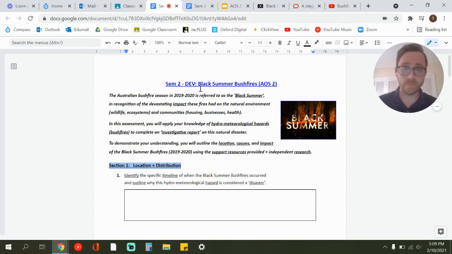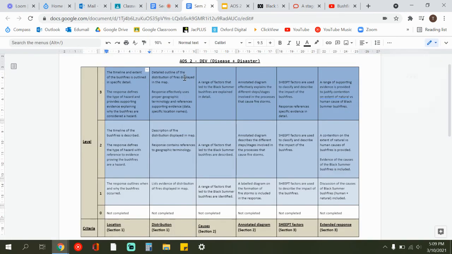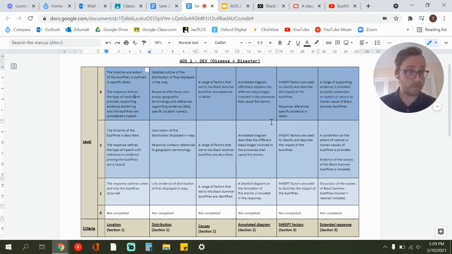Now, the final thing I'll say before I wander off is throughout the process of each of these different sections, you should really be looking at your rubric. Don't look at this at the end. Don't look at this at the beginning and then forget about it. As you complete each question, each section, smash through your rubric here.